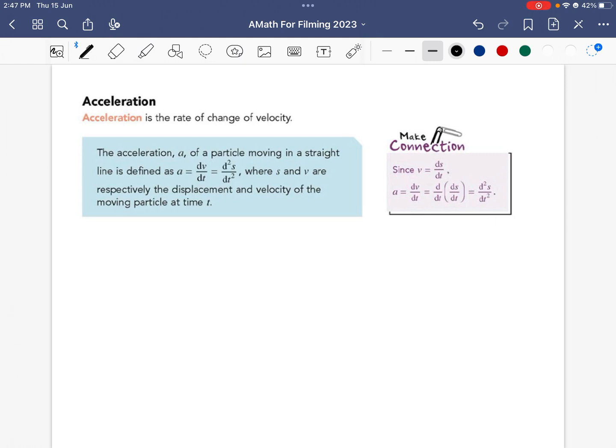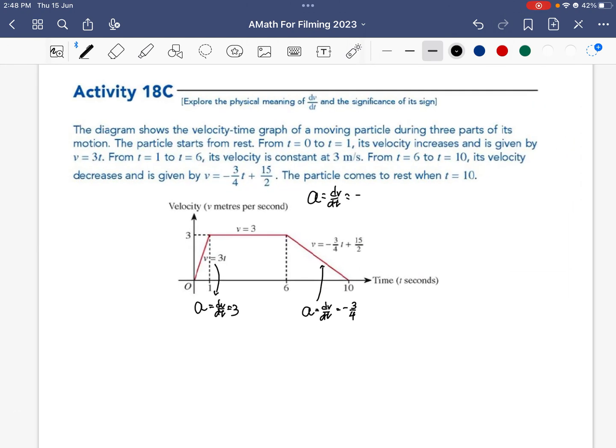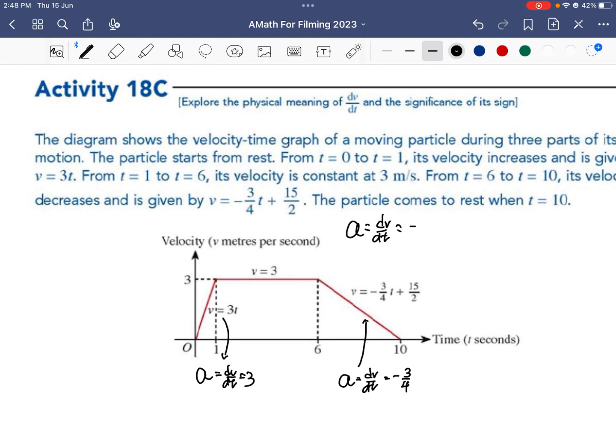Acceleration. Acceleration is the rate of change of velocity. So basically, what we did for this chapter was we started off with displacement. Then if you differentiate displacement with respect to time, we get velocity. Now, if we differentiate velocity with respect to time, what we get is acceleration. So we are trying to look at how fast the velocity of an object is changing at a given point in time. If you look at this diagram here, it is said that at this point here, velocity